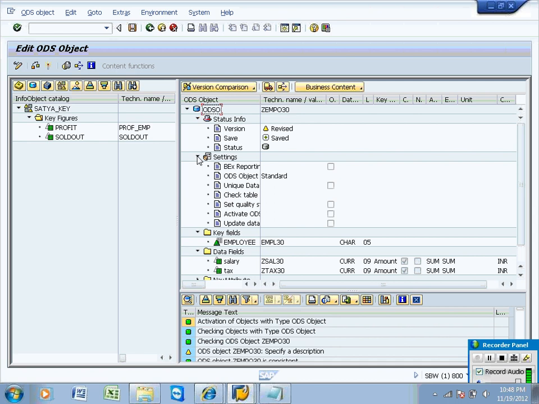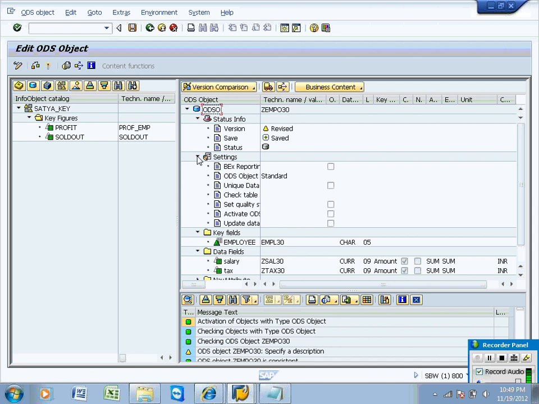That's the reason for this decision. If you don't check this one, you need to perform one extra step; to avoid that, you can check this one. Then activate ODS data. Most of the time we won't check it and we do it manually, and going forward we will automate the process using another step. Activate ODS data means sending the data from the new data table to the change log table and active data table. So if you want to automate that process, check this one. If you want to do it manually, don't check this one.